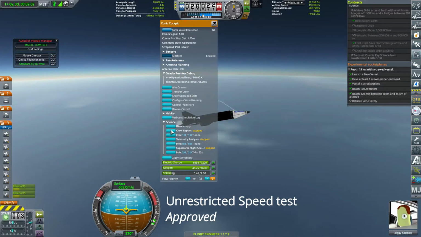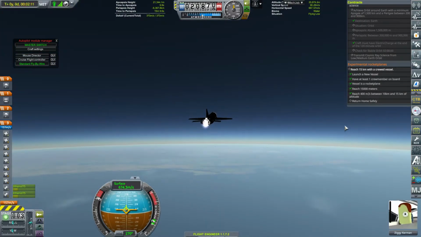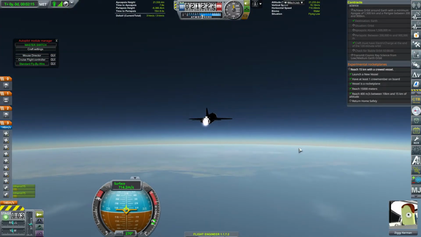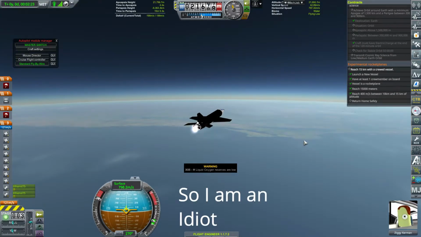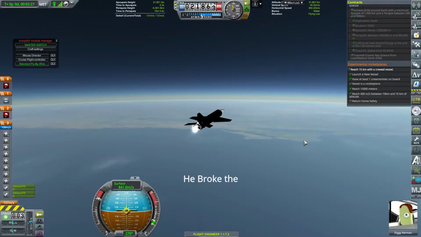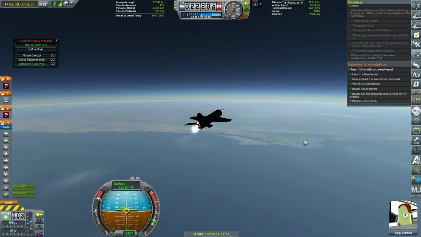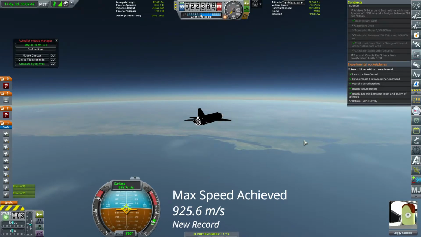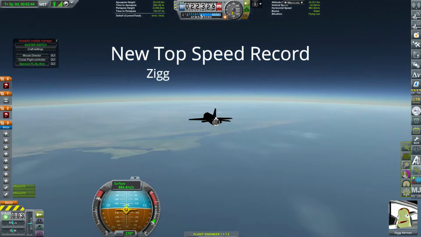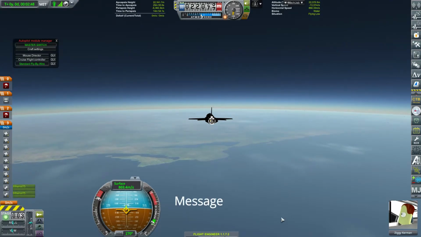Yep, and there it is. Unrestricted speed test approved by Mission Control, and Ziggy Kerman is off. Unfortunately, he doesn't quite break the speed record because he runs out of fuel, and that was probably because we took a more mild ascent profile to keep within that contract's range, but he did manage to hit around 925 meters a second. I'll go back and play that in slow motion and get the exact speed. But either way,